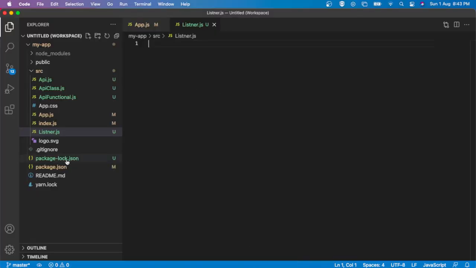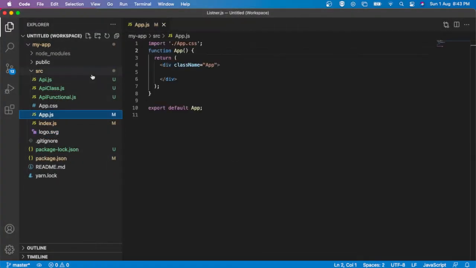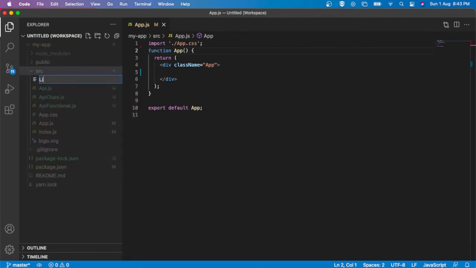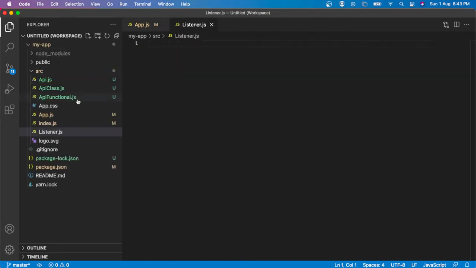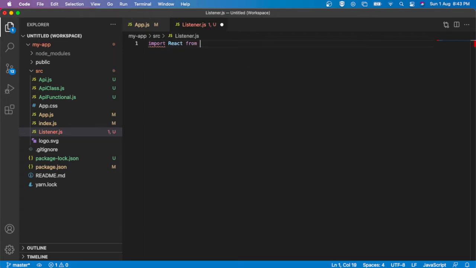Now what I am going to do inside this src folder, I am going to create one more file, listener.js. Here I am going to create a functional component. Import React from 'react'.